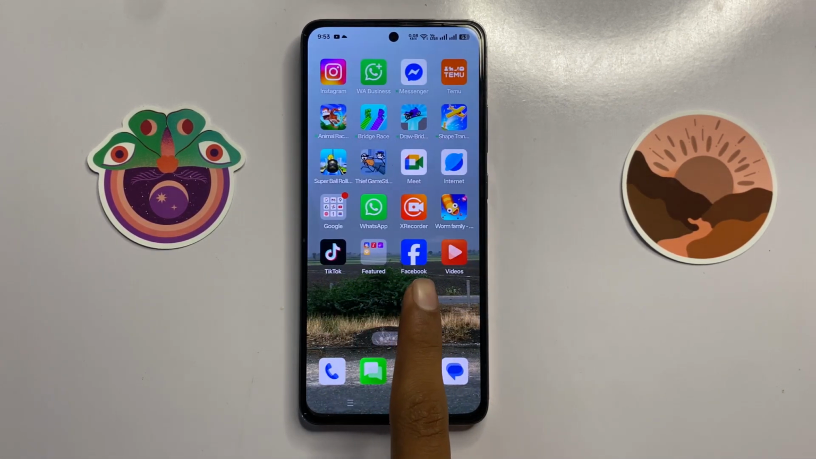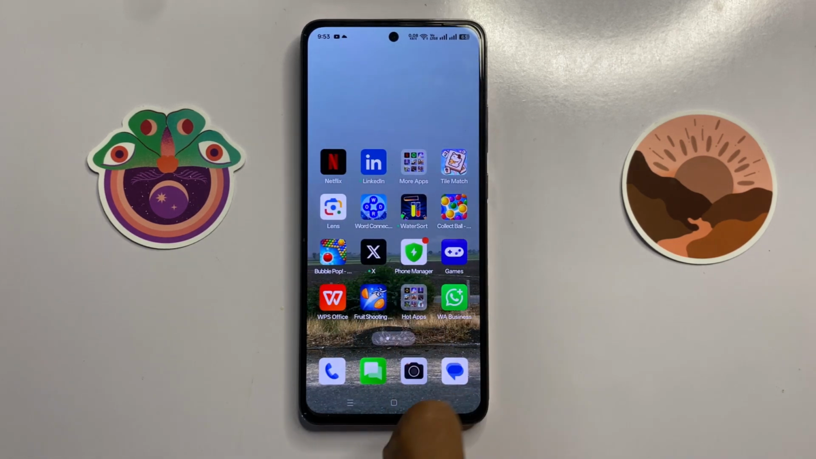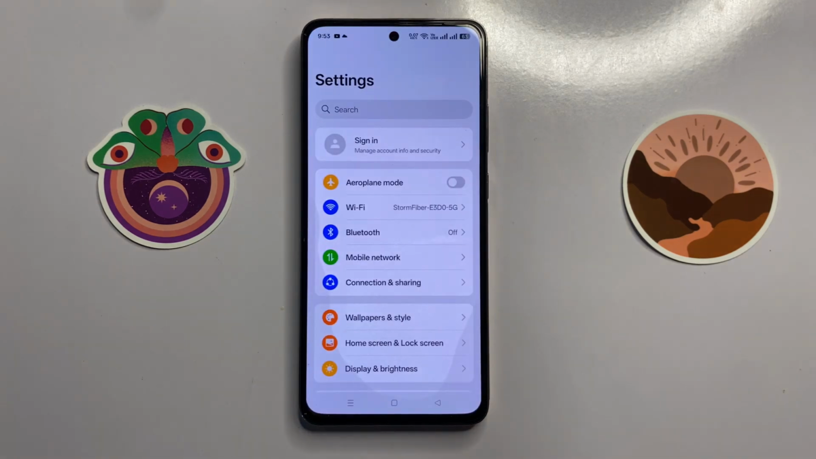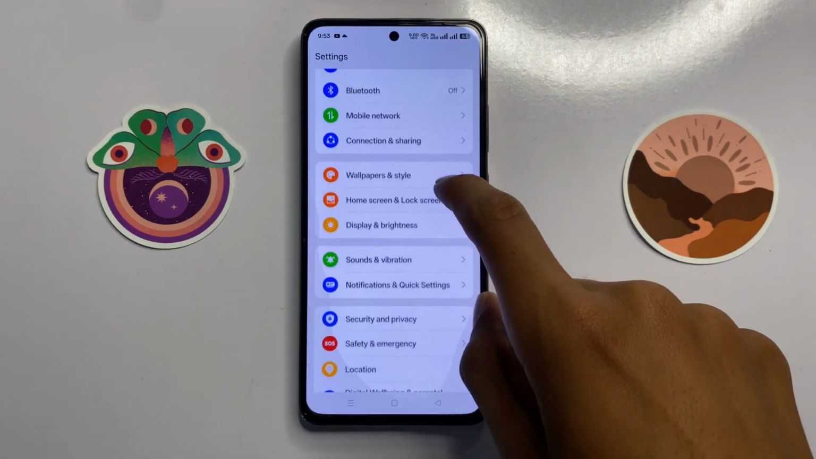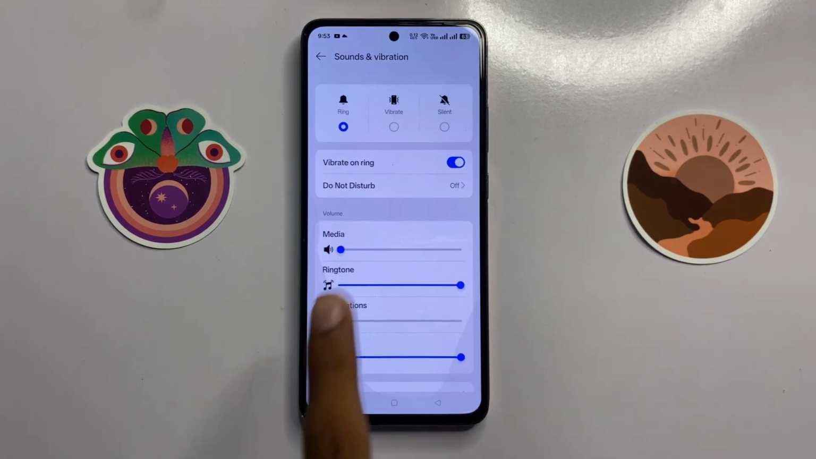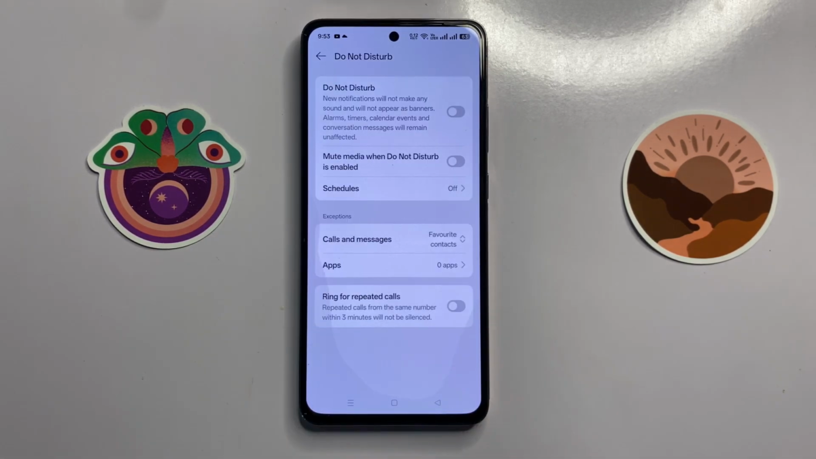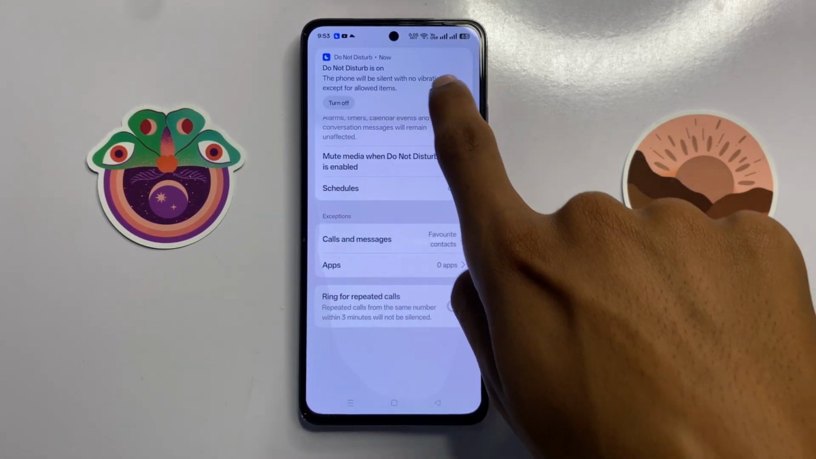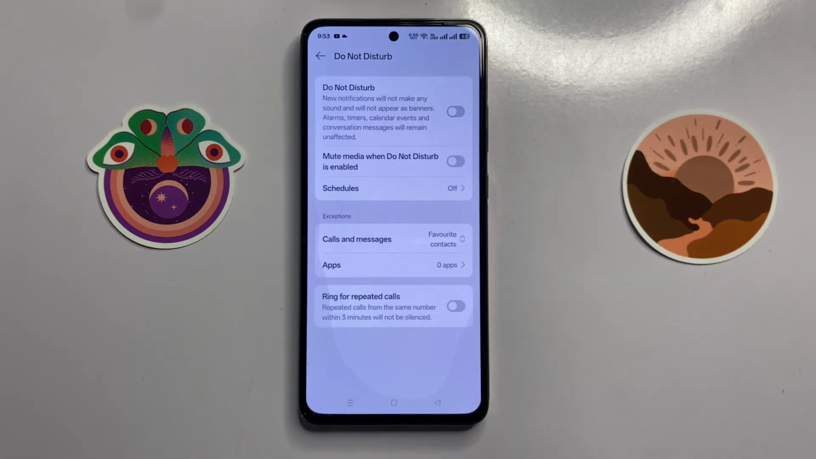First of all, open settings. In settings, scroll down and click on sounds and vibration, and then click on do not disturb. Now here you can check your do not disturb. If you turn on your do not disturb, then turn it off. After turning off your do not disturb, go back